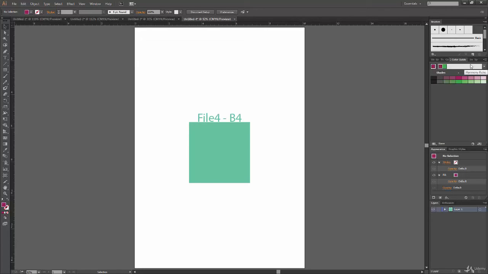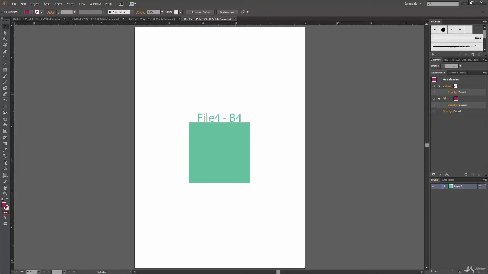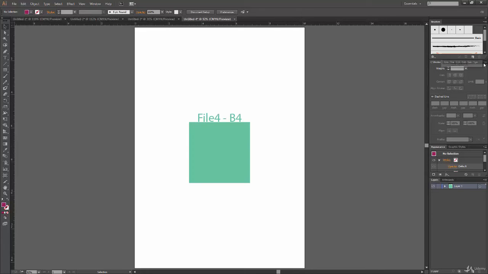Let's say some panel is taking too much space, or when we go to stroke here, sometimes Illustrator auto resizes the panels. Let's say we have our appearance panel here and our color guide here, but when I go to stroke, the panel got resized automatically because there are not many options in stroke. This is the only thing we have in stroke. So you might open some more options, but if there are no options, then Illustrator will automatically resize the panel size according to the content it has.